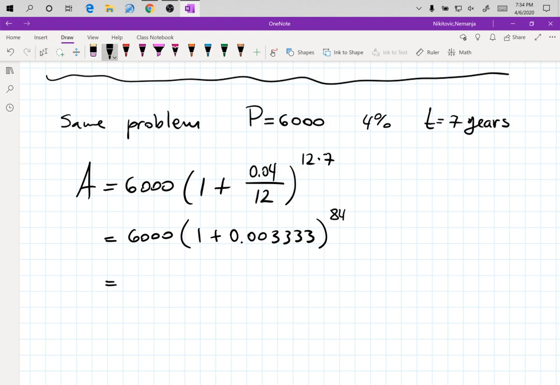So this is going to be 6,000, 1.003333 raised to 84. Now you raise the number to 84 first, then you multiply by 6,000. I'm doing everything in one shot to get that the amount you owe is